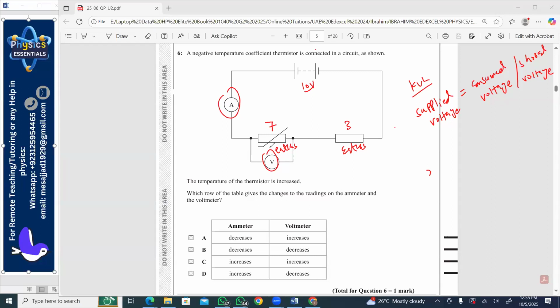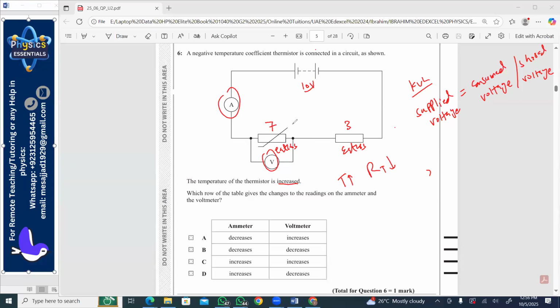So now they have mentioned that the temperature of the thermistor has been increased, and we know that when temperature of the thermistor is increased, the resistance of thermistor is decreased. We know that there is an inverse relation between the resistance of thermistor and temperature. So when the resistance is going to be decreased,